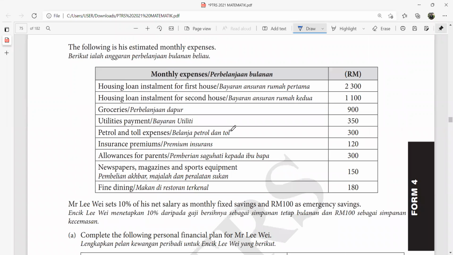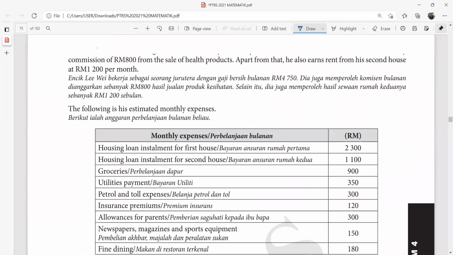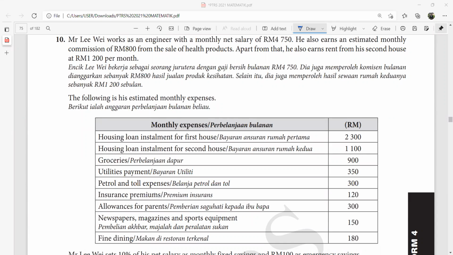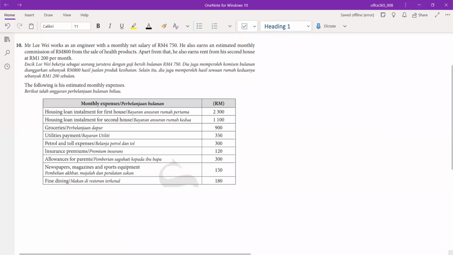Okay, so let's see this question, Mr. Lee Wei. I want you to study his financial plan. All these are actually good question papers that you may need to use for revision, especially for the exam, because I just got it from one of my very close friends, who is also ketua panitia of maths and science. So I asked her for the info, the tips, because some of these questions may come out in your trial.